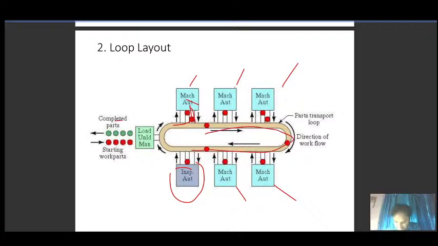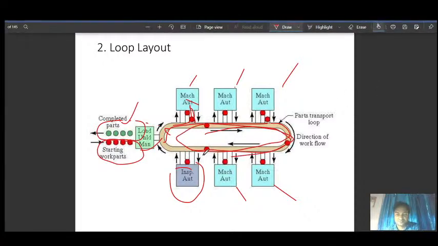Here a red part is loaded, and a green part is a completed part. So it moves in this way. So this is called loop layout. It is making a loop.